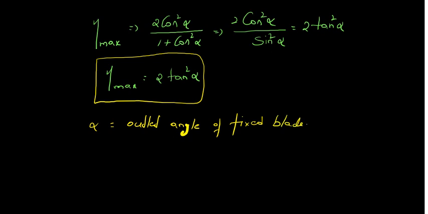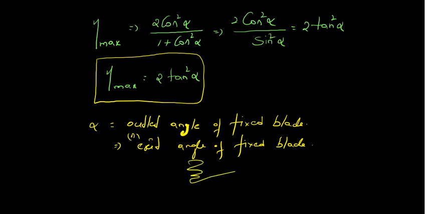Outlet angle of a fixed blade, or you can call it an exit angle, or exit angle of a fixed blade. Right? These are all the conditions that we have to remember before getting into the problem statements of any of